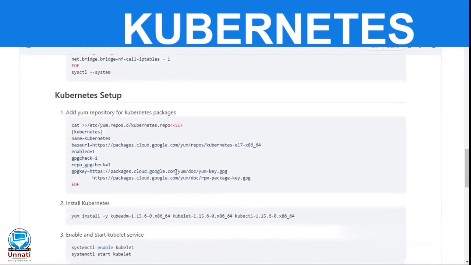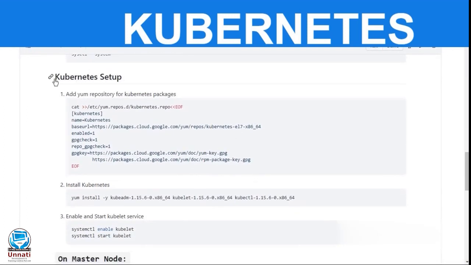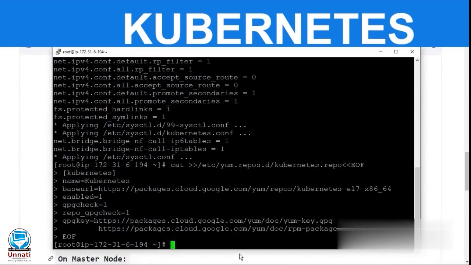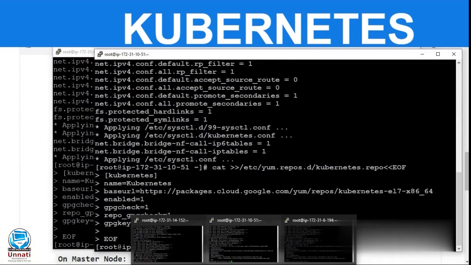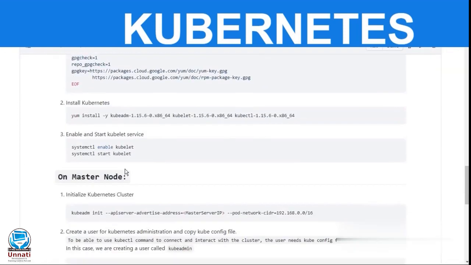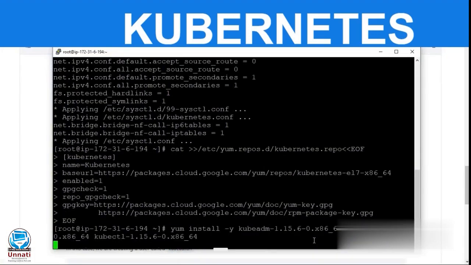Here we have given the command to run. You can just copy all the commands from that repository document. I will provide this link in the description. Paste it on working node 1 and 2 also.